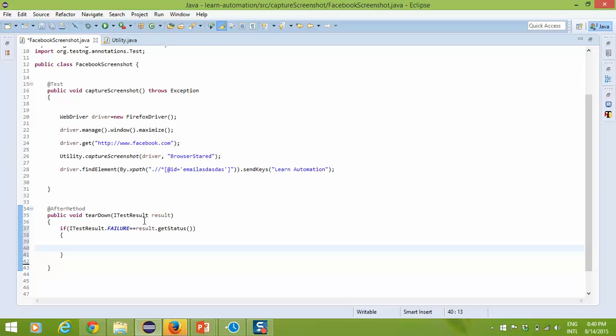So now internally this will return me the status. The test case status is pass or fail, and I will compare if the test case status of my test case equal to failure, then take the screenshot. So I will use the same library utility